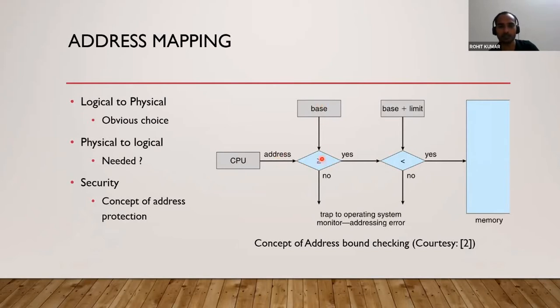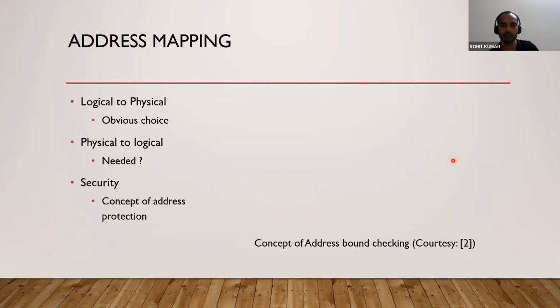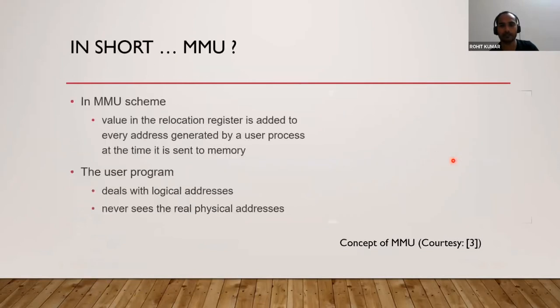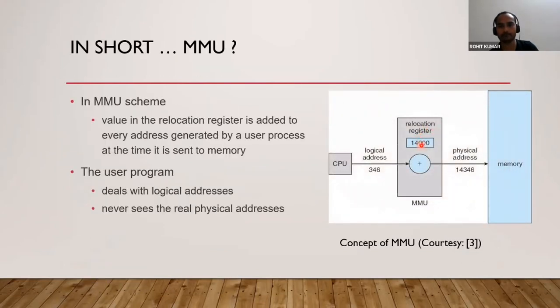Okay. So now you are checking: is it greater than base? Yes, obviously, because we have already added the content of base with the help of relocation. Then is it within the limit? Yes. Then only you are allowed to access the memory location with respect to the process whose base value is already added, in the form of the relocation register. Because how will you get to know that a particular request is with respect to that particular process? It will be done with respect to the base value.